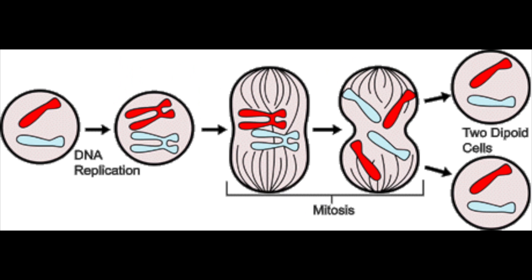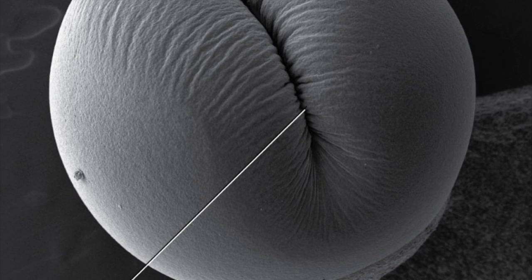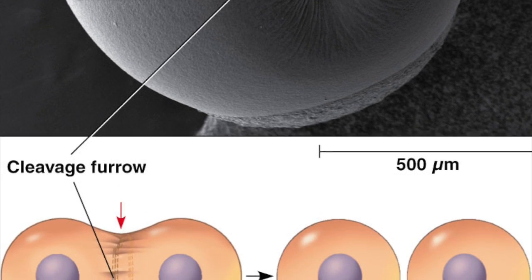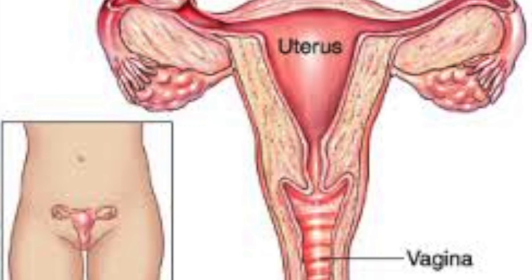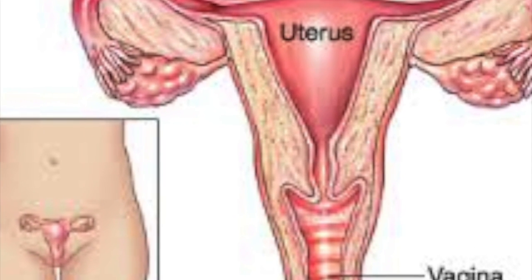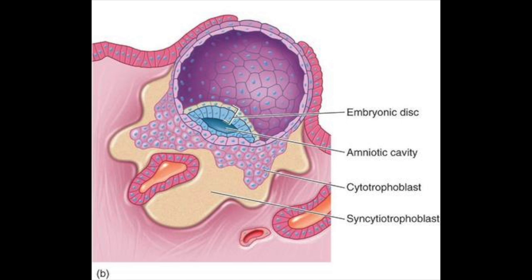After fertilization, mitosis occurs, which splits the zygote into more and more cells because of cleavage, until it eventually becomes a blastocyst. The blastocyst travels from the site of fertilization to the uterus. By the end of the first week, it implants itself in the innermost lining of the uterus.